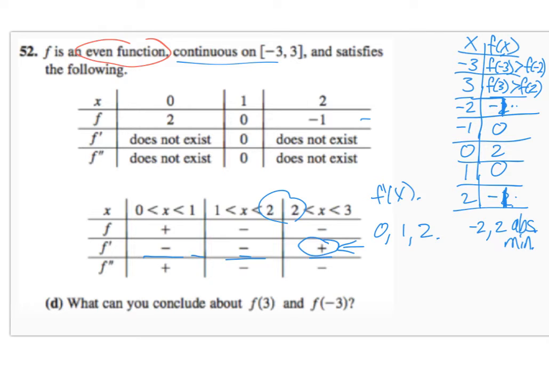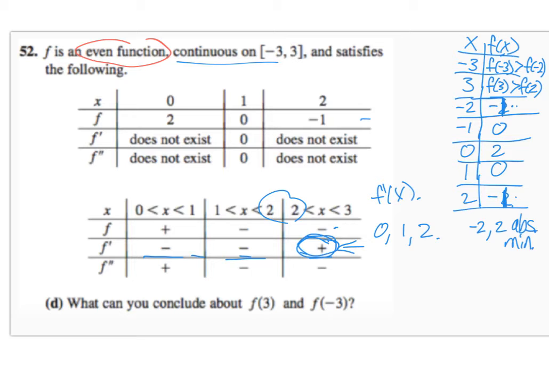The absolute max issue is a little bit trickier because we don't really know. When we're looking between 2 and 3, we know that we're negative, okay? We know that the slope is positive. Oh, and I guess that, okay, that is going to let us know. And because even up to the point that we get to 3, we're negative, means we're never going to get higher than 0. So I'm going to put an addendum here